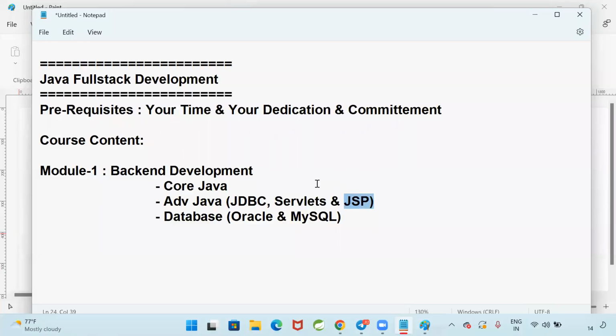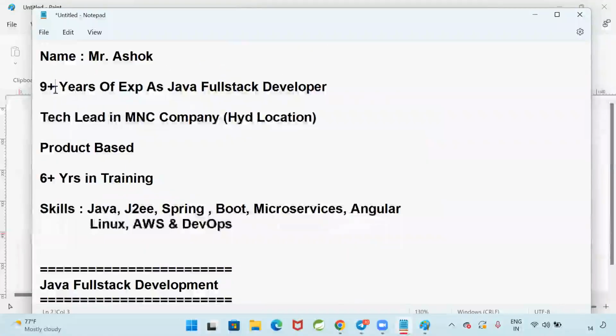To be frank, I have been in the industry for 9 years. For the first 2 years, I worked with JSP. For the last 7 years, I have not created a single JSP file in my company project. Do you believe that? What is the reason? In my project, we are not using that. There is no demand for it.